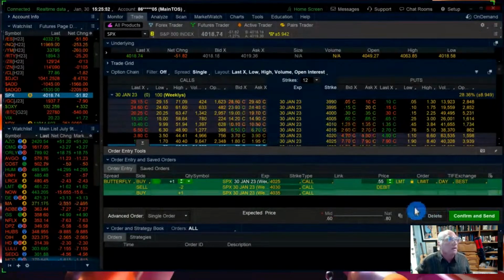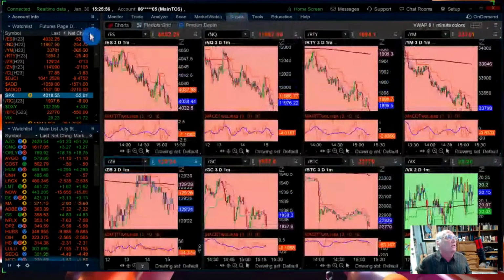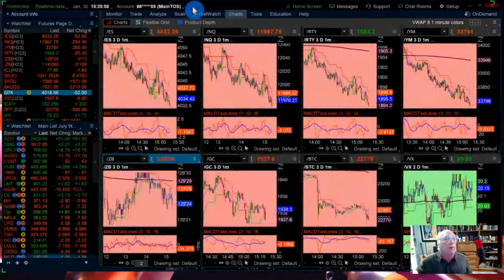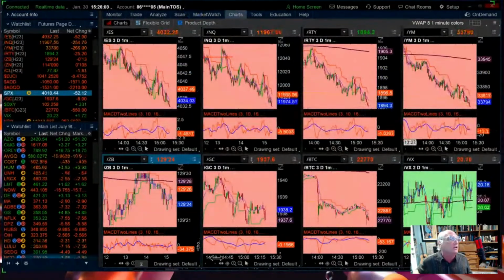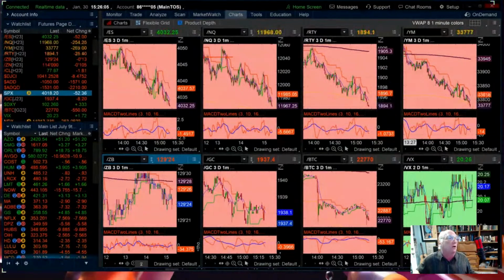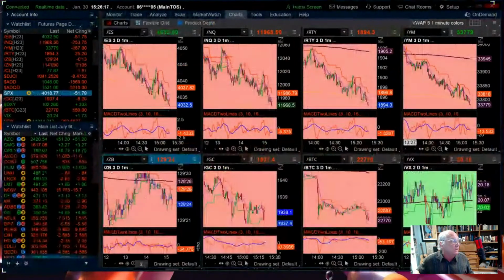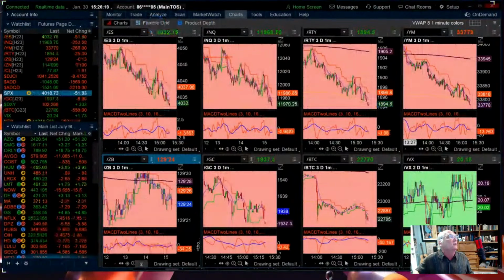So that's one. So number two, when I am bearish on a relatively thin stock, I'll go and do a butterfly. And that's what I did in UTHR. So all I'm doing is doing a cheap butterfly, betting on it breaking down if it's a stock I scanned. And that's all I'm doing. And the stock looks like it's breaking down. So all we did in here was do this.